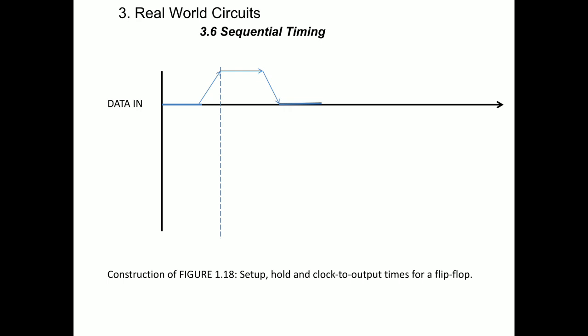This duration we saw as rise time, and this we saw as fall time in the previous class. The switching from logic 0 to logic 1 time interval is called rise time. The switching from logic 1 to logic 0 time taken is called fall time. That is a different concept. Here we are learning setup time and hold time. Don't get confused between setup time and hold time and rise time and fall time.